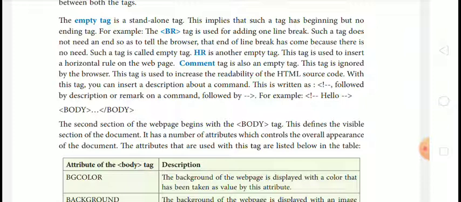With this tag, you can insert a description about a command. This is written as exclamation sign followed by description or remark on a command. For example, exclamation hello, then close the hello body tag and closing body tag.